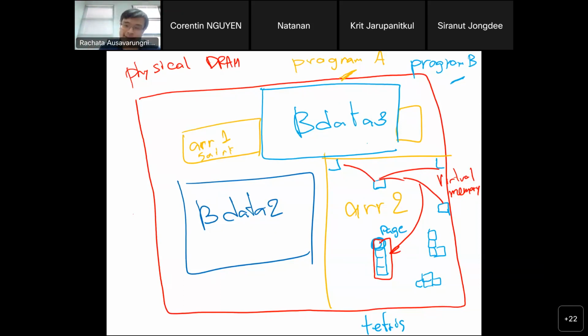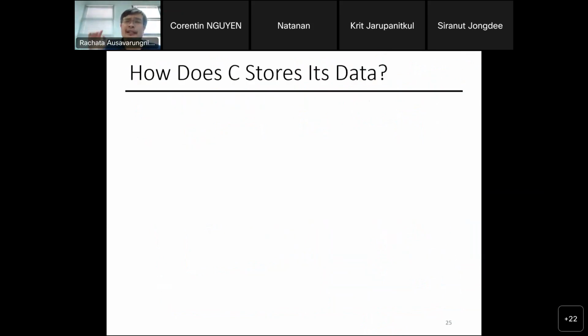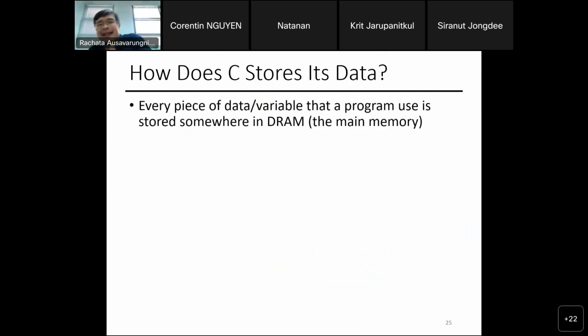And again, great question. Now we are talking about the pointer. Let's come back from that side topic and look at how C stores data, and let's assume that you don't know the answer yet. Every single piece of data or variable that a program uses is going to be stored somewhere in DRAM.